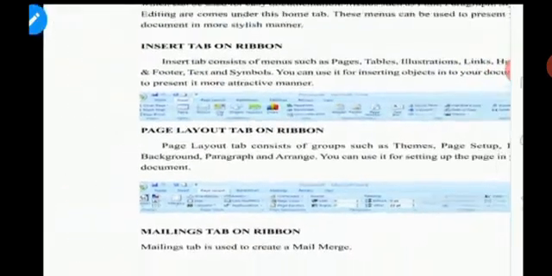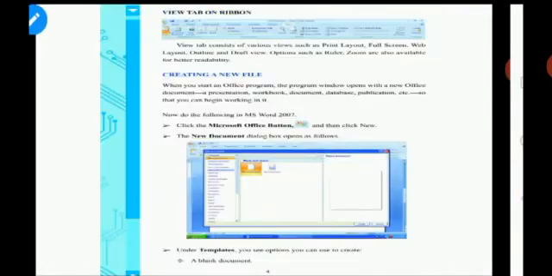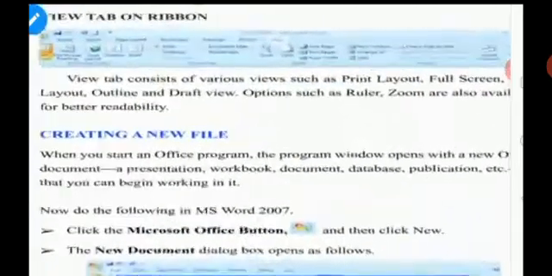Okay, then the mailing tab on the ribbon. I already told you about the mailing options. Nowadays letter conversation is less when compared to mailing, isn't it? So many officials will be using their mailings. So to send a mail to some other persons or your friends, you can use this mailing tab. Okay dear, so next we are going to see the view tab.